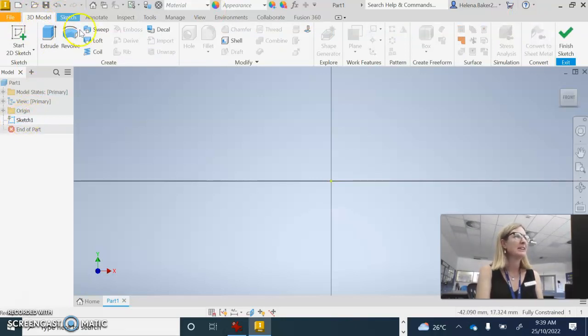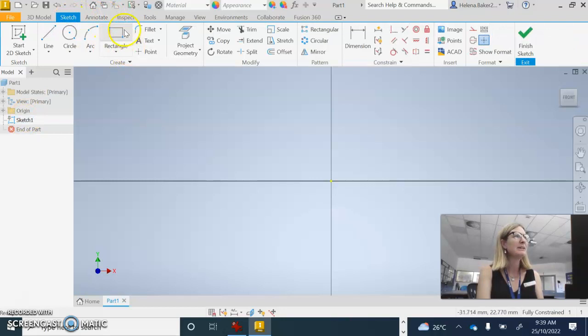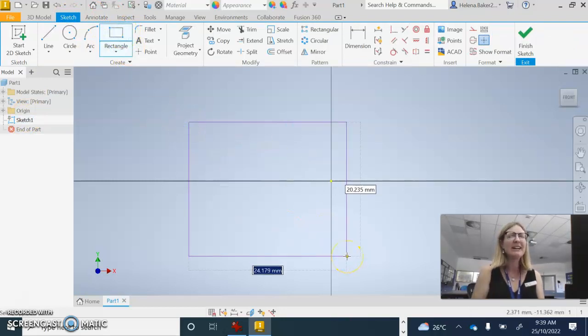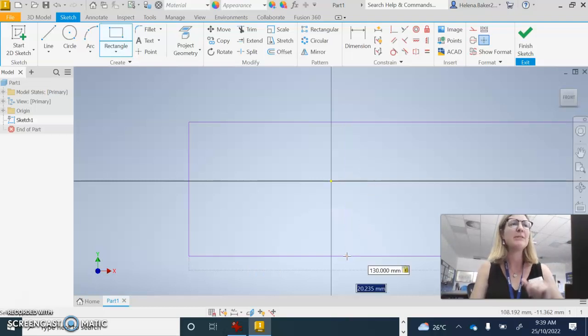And we're already inside the sketch, so we're just going to go on the Sketch tab, click that rectangle again, and this time we're going to click and start dragging out. Now, instead of clicking a second time, I'm going to type in the measurements. So look to see which length has been highlighted in blue. So you can see on mine, it's this bottom line right here. So I'm going to type my width there, which is 130 millimeters. I'm going to press Tab, and now that will have instantly gone to the other measurement. And I'm going to type 50